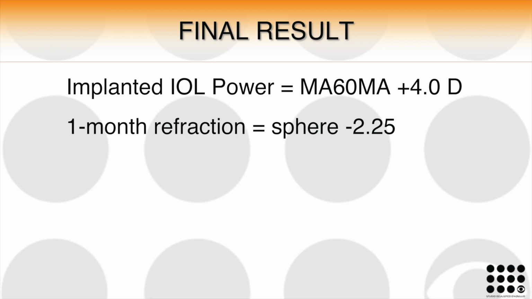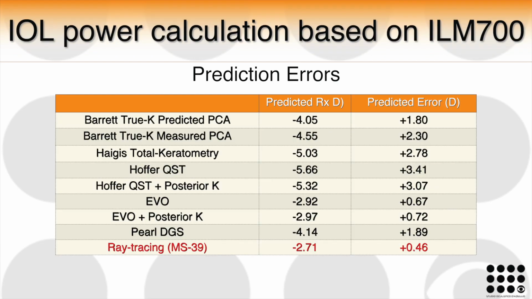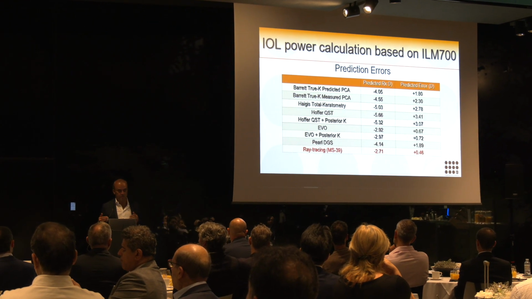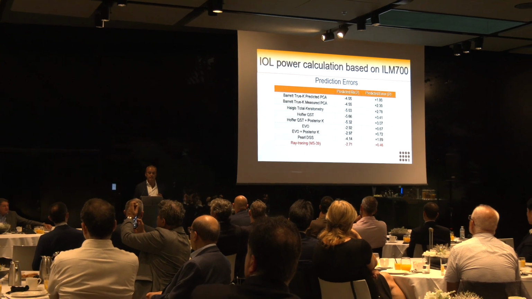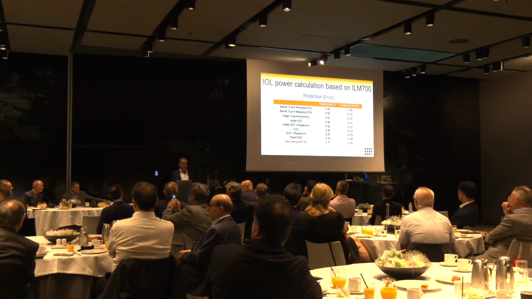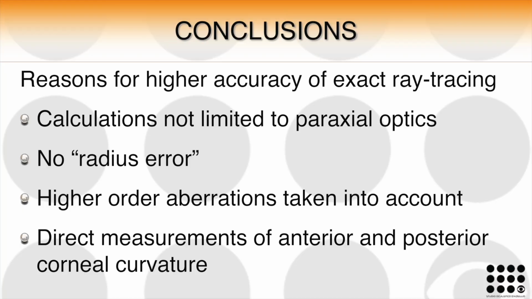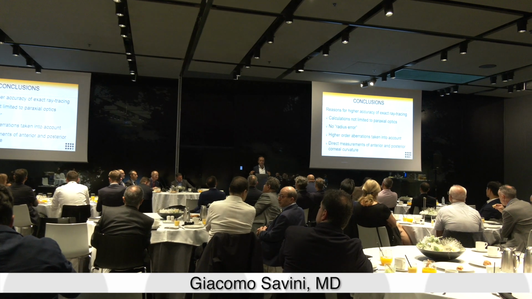And if you look at the prediction error, you see that the prediction error was the lowest, +0.46, followed by very good performance of the EVO formula, and the worst was the OKULIX. By the way, ray tracing once more provided the most accurate solution in post-myopic eyes, because it's not limited to paraxial optics. It does not suffer from the radius error. So measurements are not only the paraxial one, but take the flattest central area into